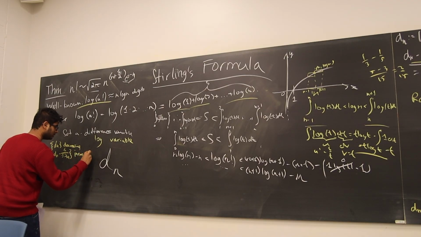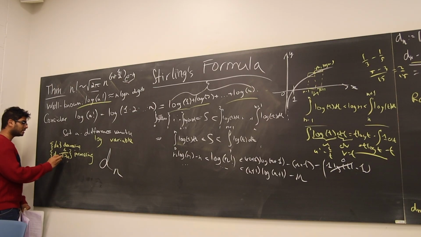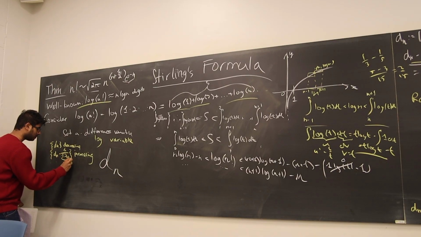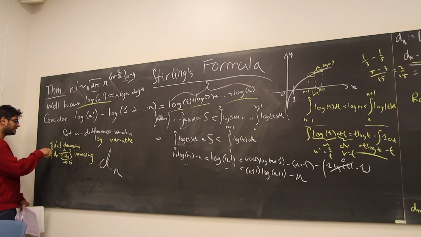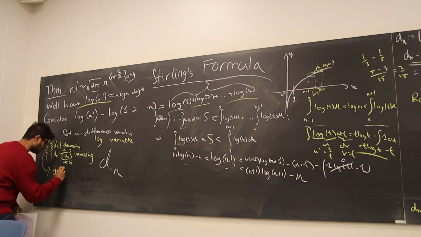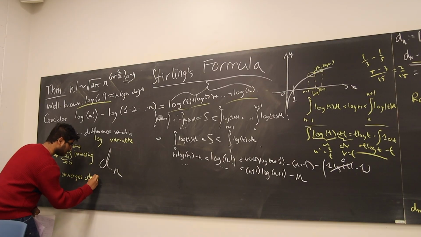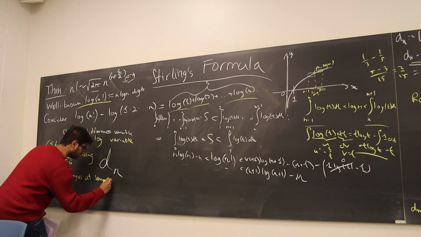So look at what we have here. dn is decreasing, and dn minus 1 over 12n is increasing. So this will eventually go to 0. Since dn is decreasing and the other sequence is increasing, this means dn has to converge. dn converges to some constant